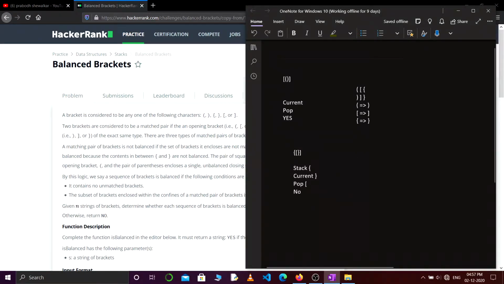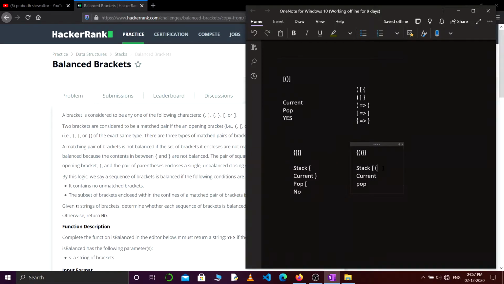Now let's try for some other example. Let's say this, and again this. So now our stack, our current element, and then pop. First we get this curly bracket, so we'll push it into our stack.